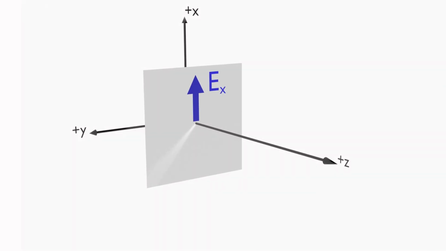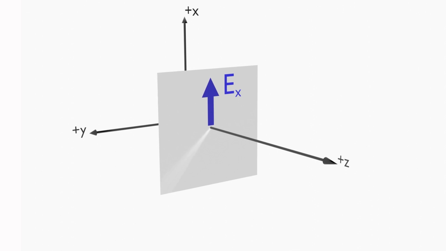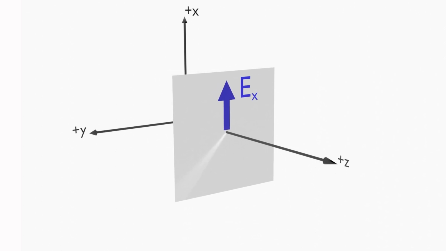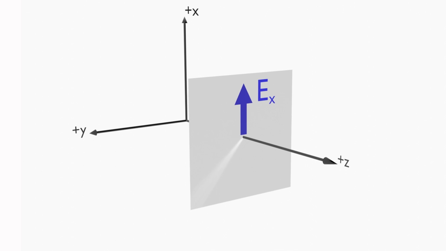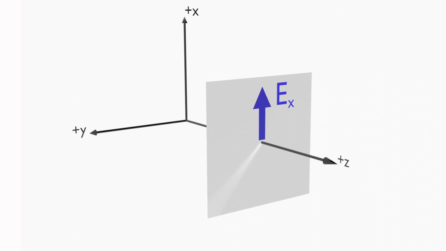When we are sufficiently far from a source of electromagnetic energy, it looks like a point source, and the energy propagates outward as an expanding spherical wave. When we are farther still from the source and are looking at a very small portion of the spherical wavefront, we can approximate it as a uniform plane wave, which is much simpler to analyze. In what follows, we will look at a uniform plane wave in the xy plane, propagating in the plus z direction, and having an electric field with only a component pointing in the x direction that we will call E sub x.